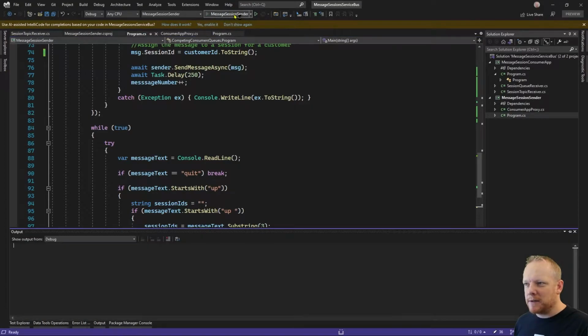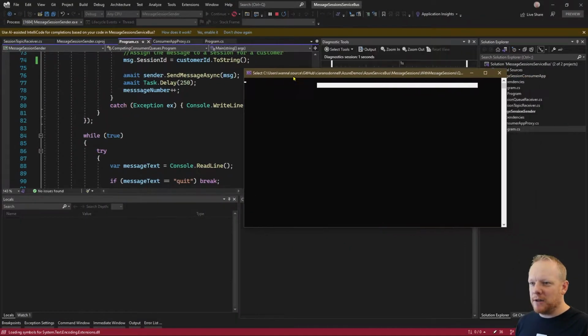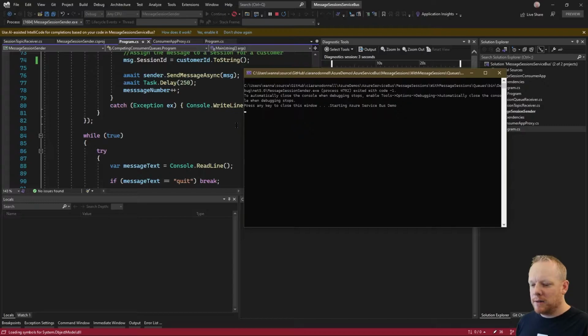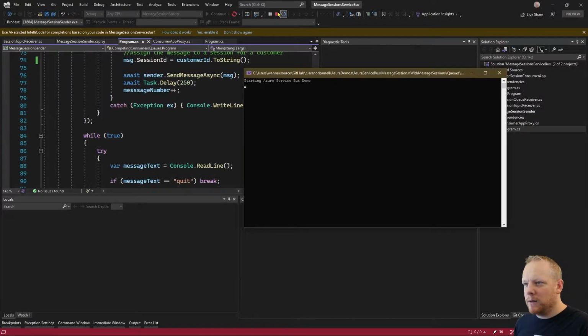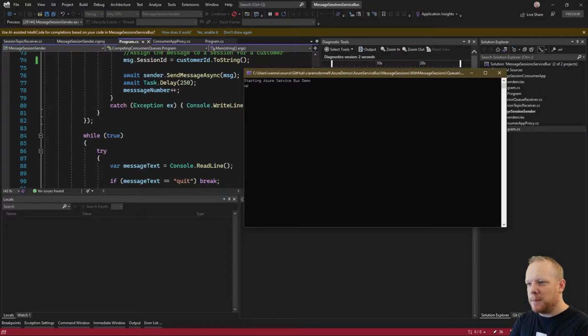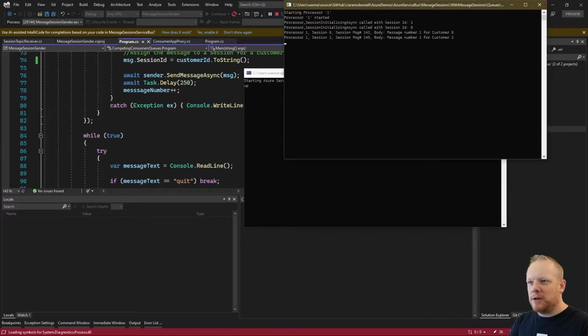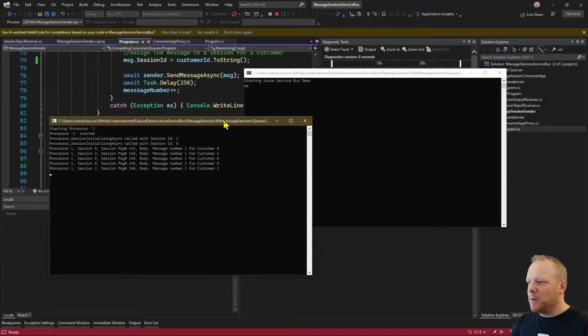So let me start the program again. This time we'll be setting the session ID. Hold on. Let me restart that. So I can type up, and we started a consumer. And what we see here,